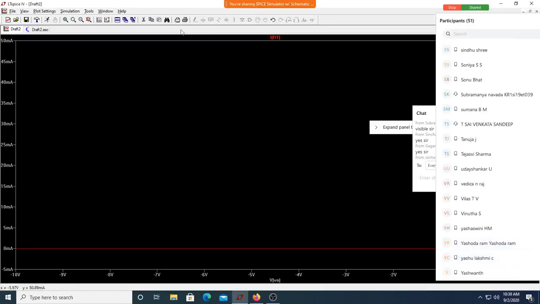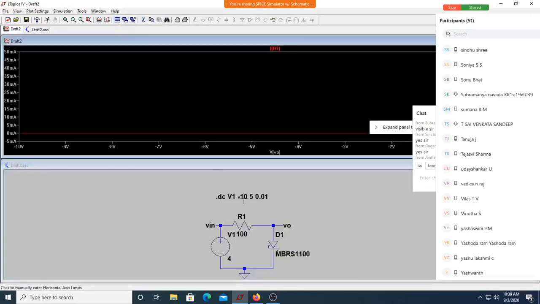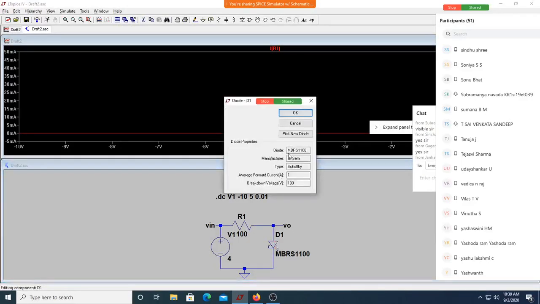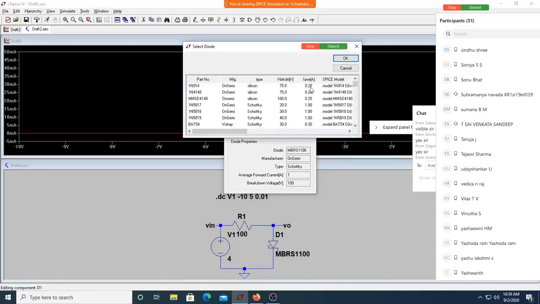So let me slightly change the circuit and try to get the same IV characteristics. I'll interchange the positions of the diode and the resistor. Let me select the same old diode, the one which we used initially.